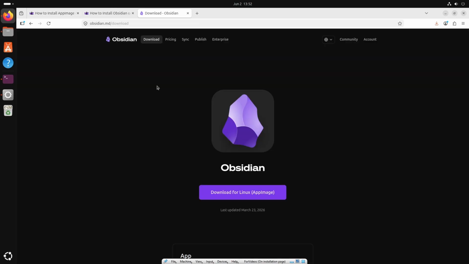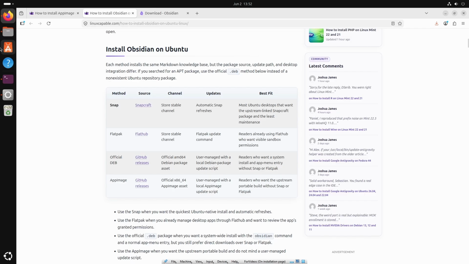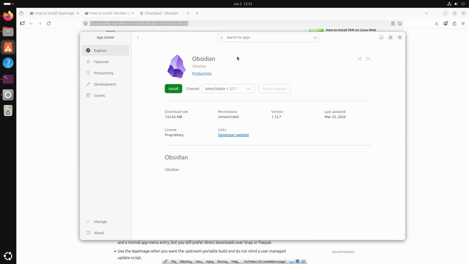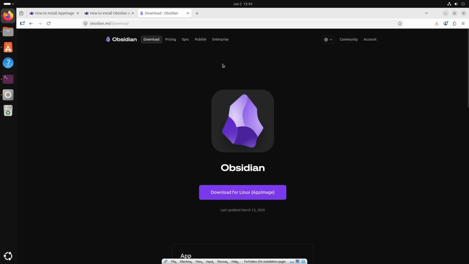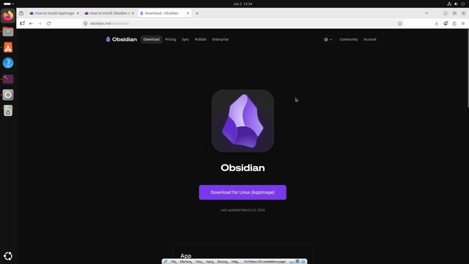Before we start, I want to tell you that it is recommended to install Obsidian from official sources. This article highlights main ways you can install application on your Ubuntu system, and the simplest one is installing it right from App Center application using Snap installer, or if you prefer apt, you can install it from official Debian repository or Ubuntu repository. But today I will show you how you can install AppImage of the Obsidian application for